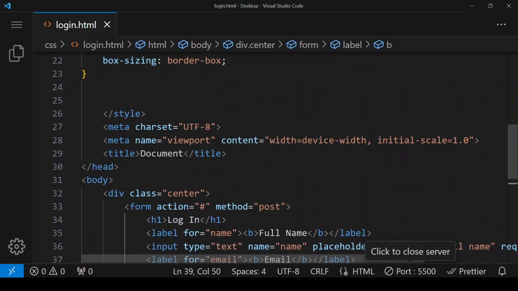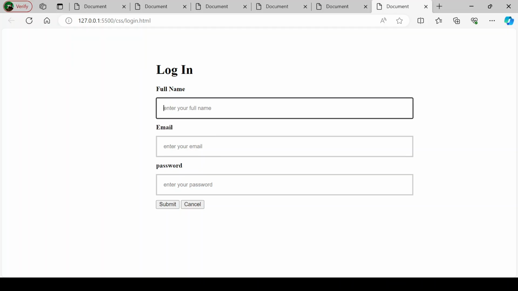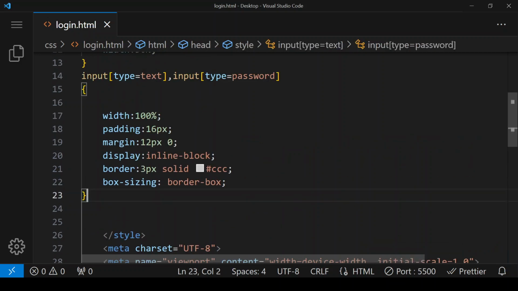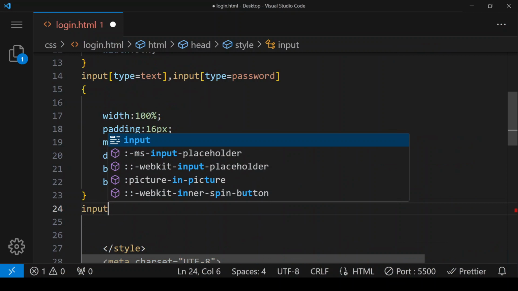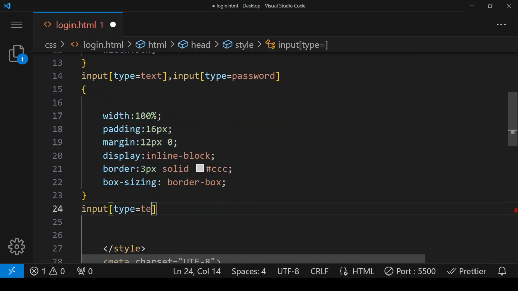Now we want that whenever we click on this, it should get a focus effect of background color. So for that, we're writing input type equals to text, and comma,